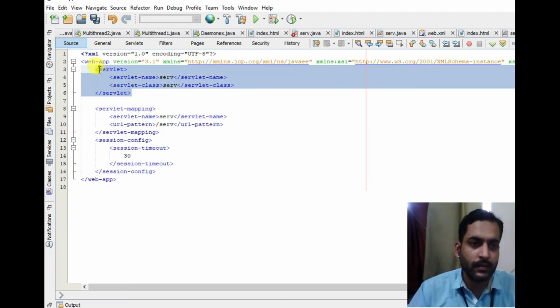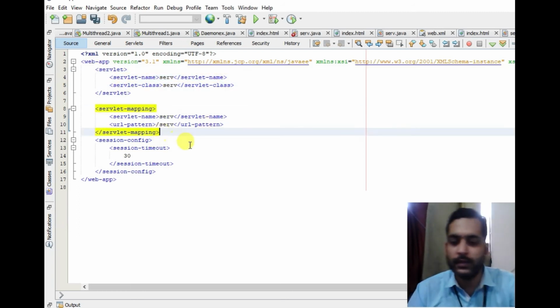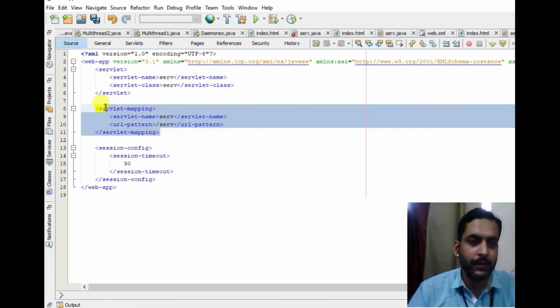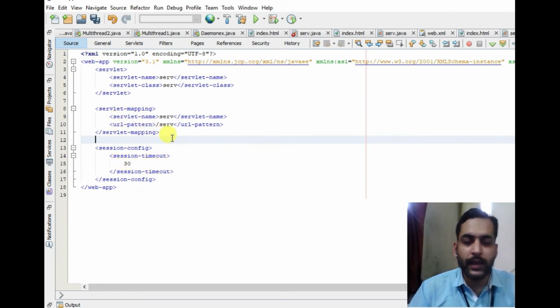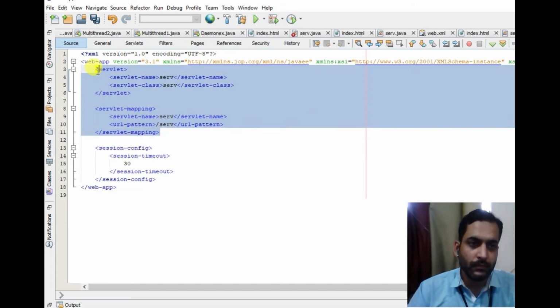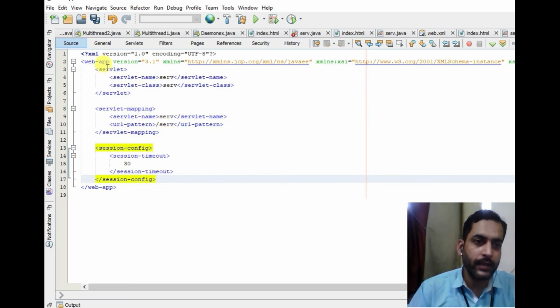The first one is the servlet tag, and the second one is the servlet mapping tag. Each tag further contains two subtags: servlet name and servlet class, and in servlet mapping, servlet name and URL pattern. So if we have 4 servlets in our web project, then there will be 4 servlet tags and 4 servlet mapping tags.